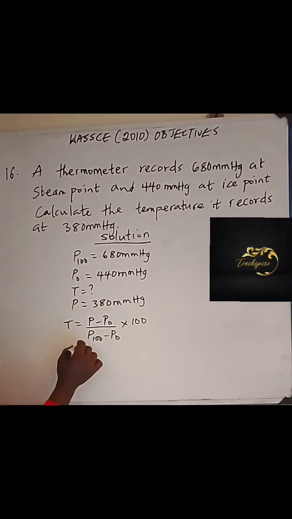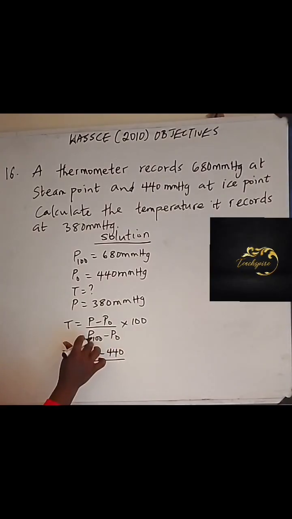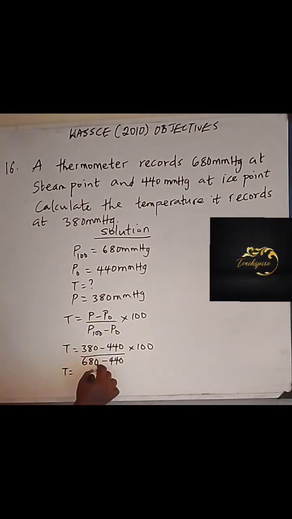So T is going to be P is 380 minus P0 is 440, all over P100 is 680 minus P0 is 440, times 100. And T is going to be 380 minus 440, which is minus 60, all over 680 minus 440